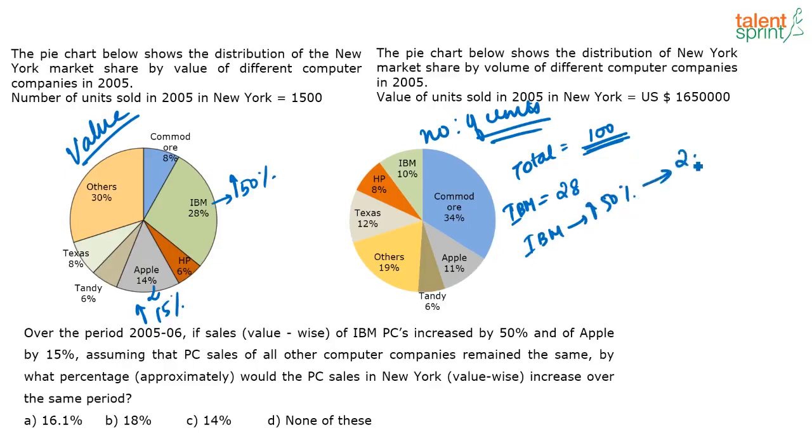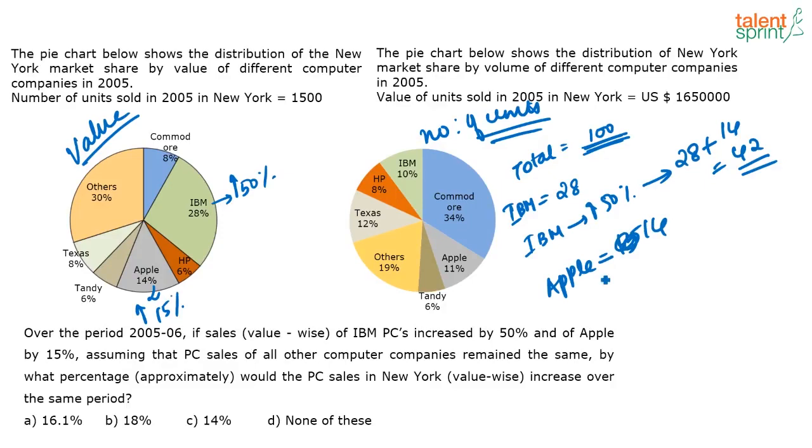See, it has become 28 plus, what is 50% of 28? 50% of 28 is 14. So now the sales has become 42. Correct? Similarly, if you look at Apple, if 100 is the total sales, I can say Apple sale is